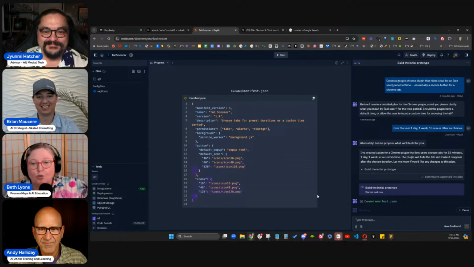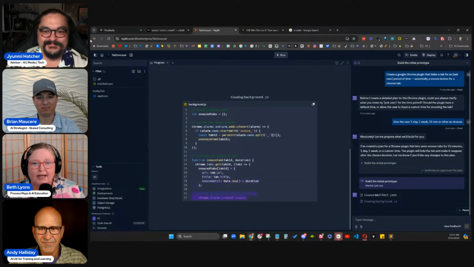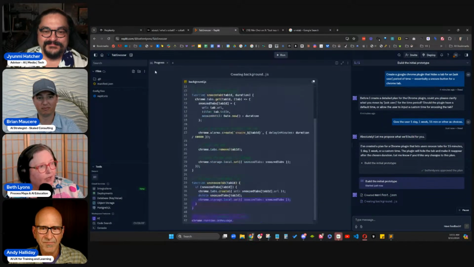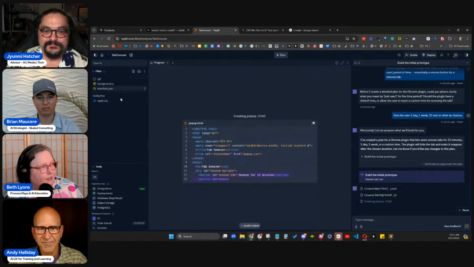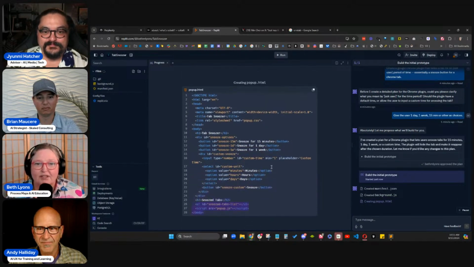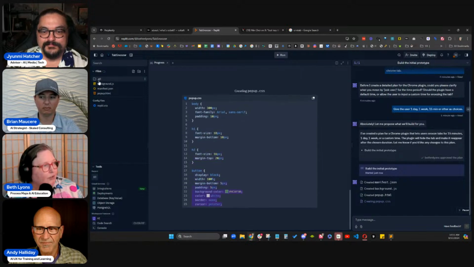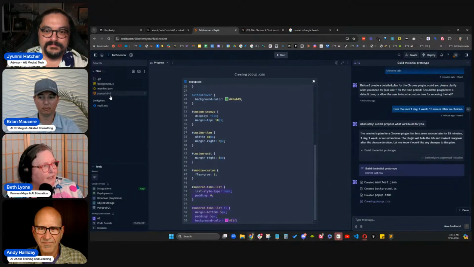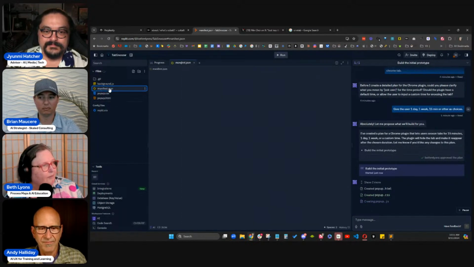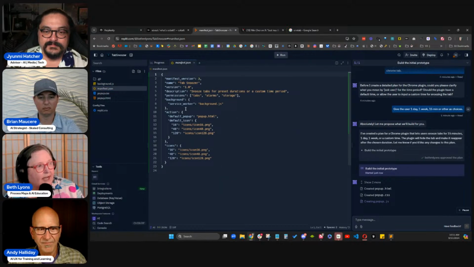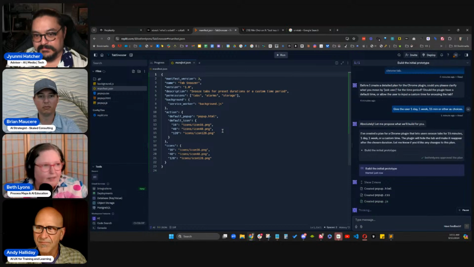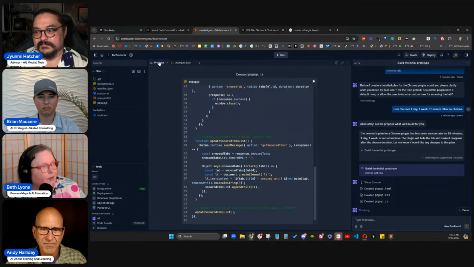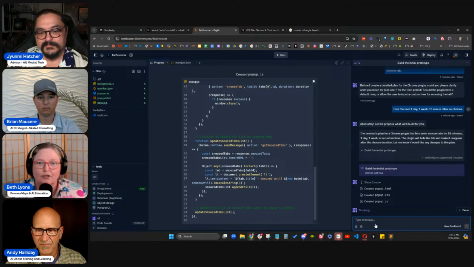So this is the way that it works. Right now we are seeing it code, right? It's creating the background JavaScript. That's what that .js means. It created the manifest JSON, which included all the information that it needed. The manifest JSON is just organizing all the information that it was being asked for. So now we have progress again. It's still thinking, and it's going to go back and forth and do this, right?